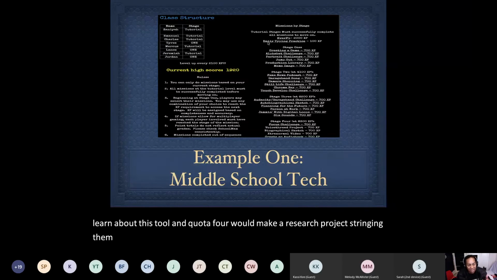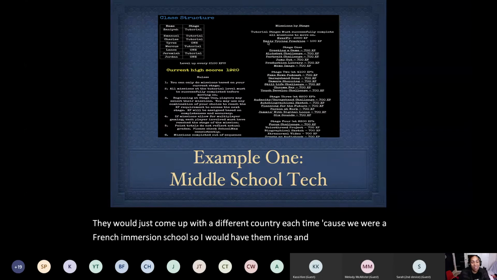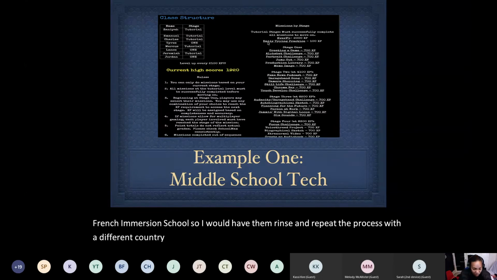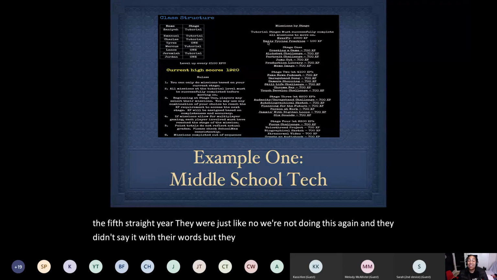And it was the same thing, 3rd grade, 4th grade, 5th grade, 6th grade, 7th grade. They would just come up with a different country each time because we were a French immersion school. So I would have them rinse and repeat the process with a different country. So I had this group of 8th graders. They were not having it for the 5th straight year. They were just like, oh no, we're not doing this again. And they didn't say it with their words, but they said it with their behavior. And I was just like, okay, it's time to